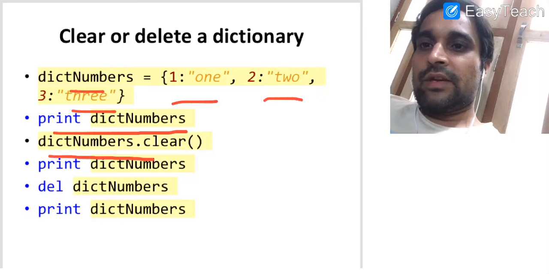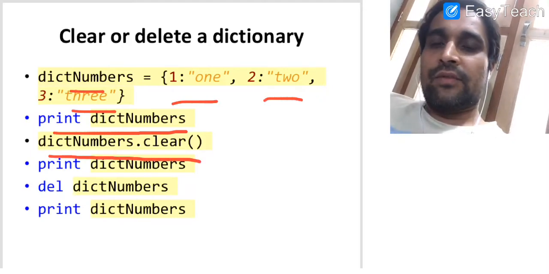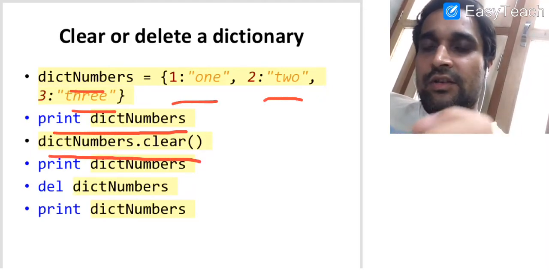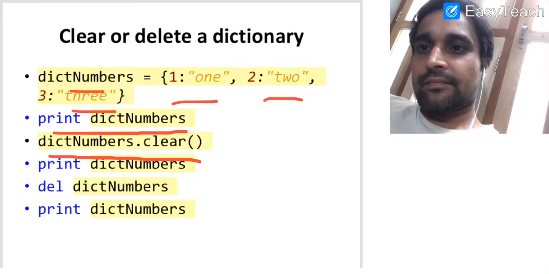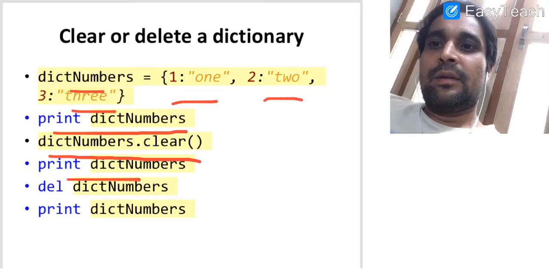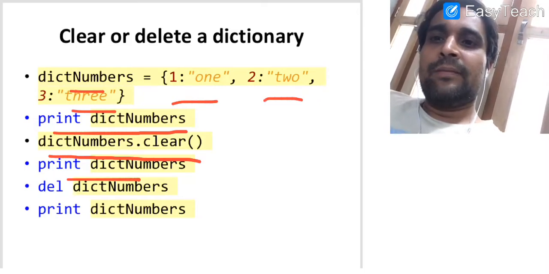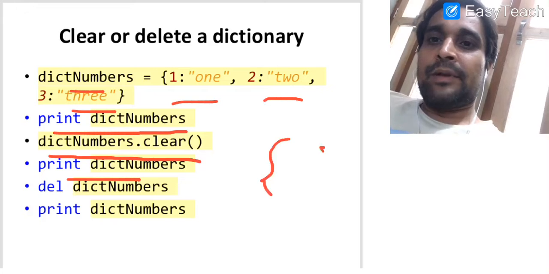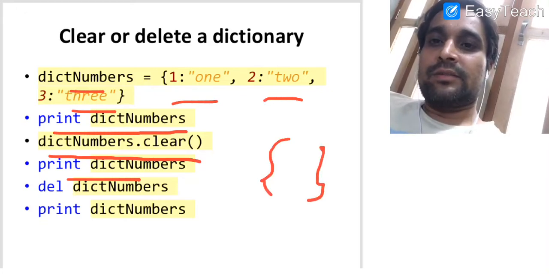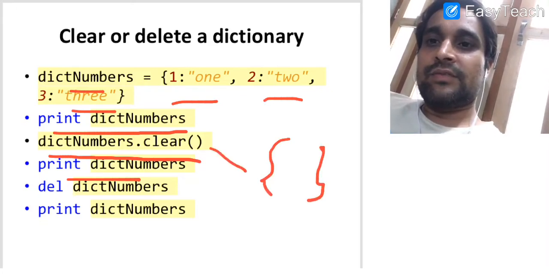Thereafter we have used the clear function. The clear function basically clears the dictionary or removes all the elements or items available in the dictionary. Now we are using print again, print DICT numbers, that is the name of the dictionary. So what will happen? We will get an empty dictionary in this case, because all the elements are cleared by this function.